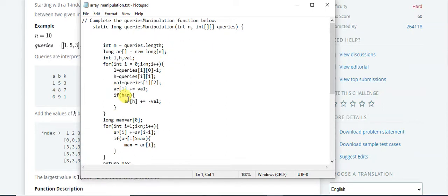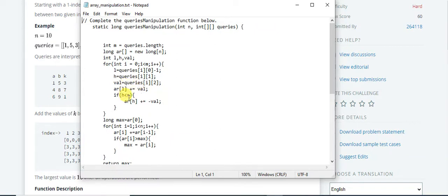Actually in the question we have index starting from 1, but in the array we have index from 0. So when I read the queries, I will just decrease L by 1 so that it can be read as 0, 1, 2, 3 in this order rather than 1, 2, 3, 4. So we'll keep H the same and then we will read the value. What I am doing here is adding the value, the K value, at the lowest index. If 1, then we will add that at 0. If 2, then we will add at 1.